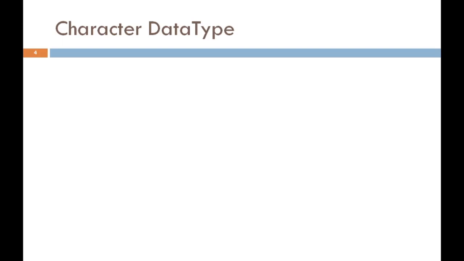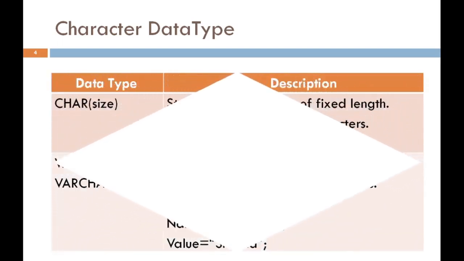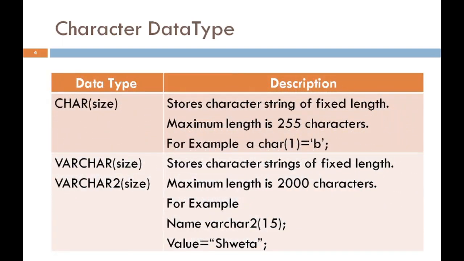Now, we discuss the character data type. Mainly the character data type has four categories. Based on the requirement of the user, we can use these character data types to store a single character as well as to store a collection of characters, that is nothing but a string. Or if you have a large amount of data, then we also have one data type, that is LONG, which is used especially to store a large amount of data as a string.